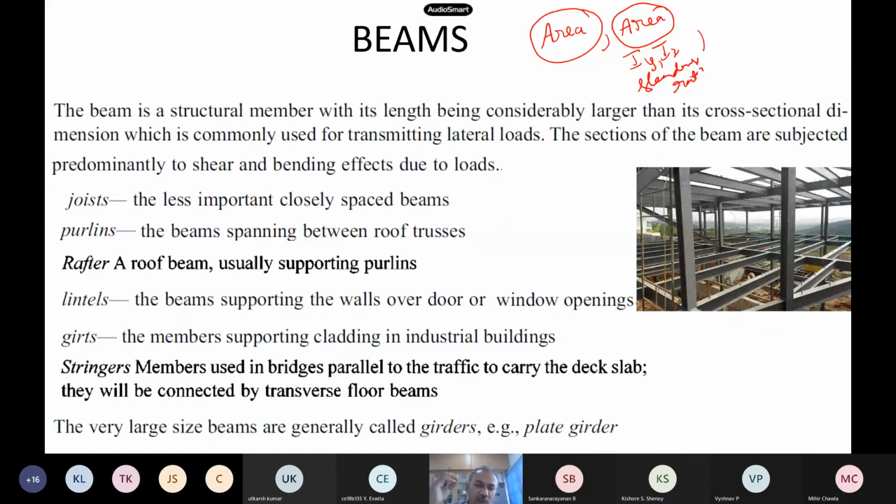Now for beams, what is the most important design variable? Bending moment is fine, but there is the section modulus, that is Z actual. Since for beams in our IS 800 we are going for limit state design, with plastic behavior and other things, here we will have two section moduli also: the elastic section modulus and the plastic section modulus, then the shape factor. Many variables come into the picture here.